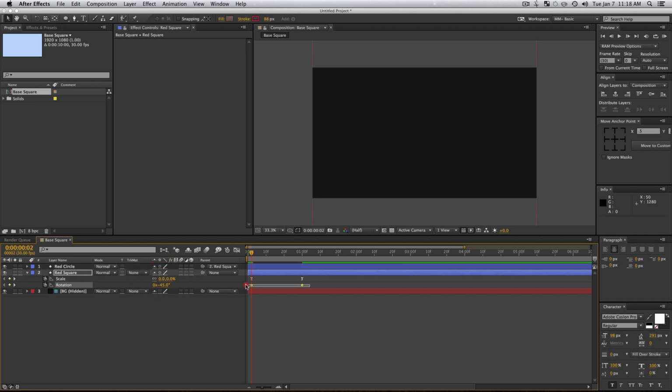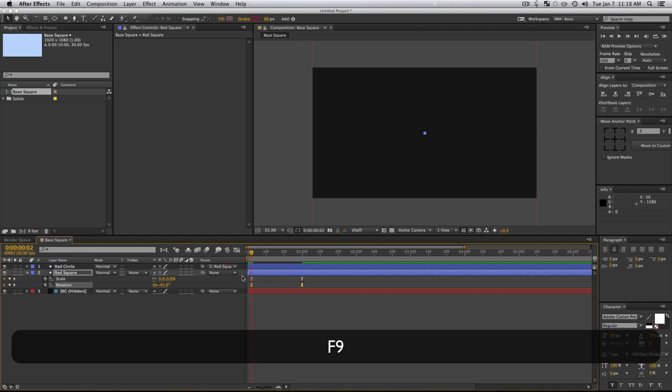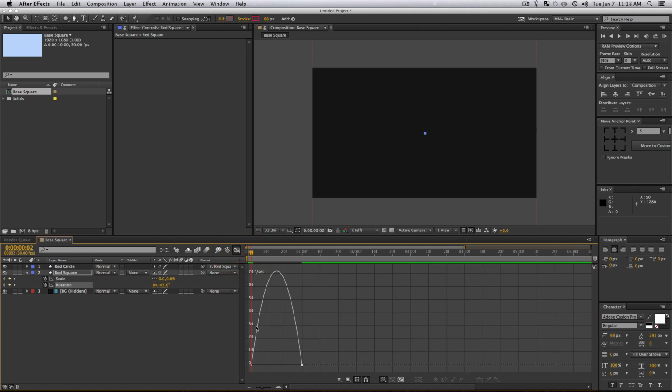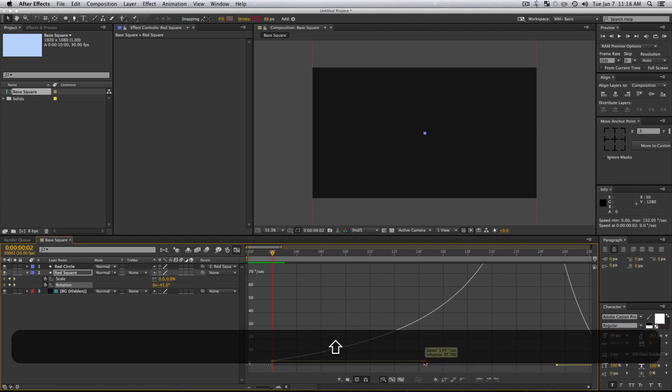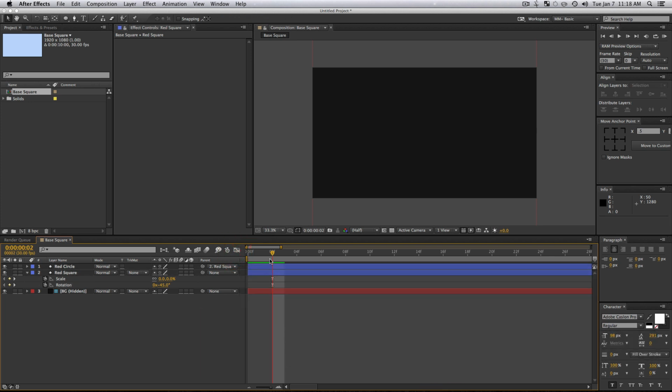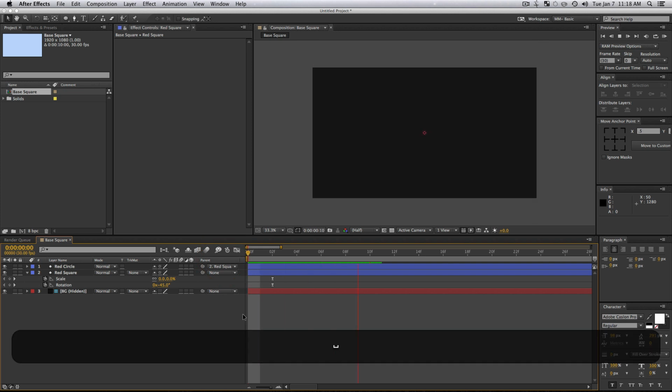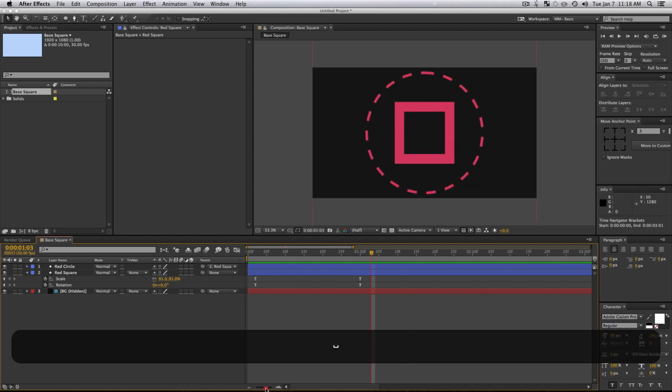And then I'm also going to select these 2 keyframes and press F9 on my keyboard. Go into my graph editor right here. Fit all the graphs to view. And just drag both these handles in as much as I can go while staying on the line. So there we go. So now these will also pop in just like our other one. Perfect. That is looking very nice.